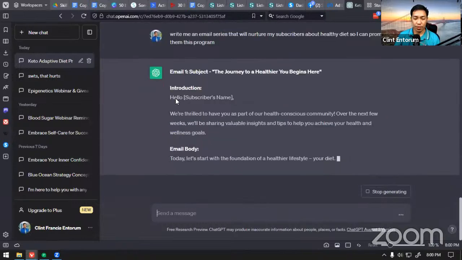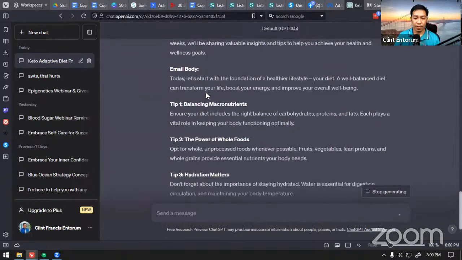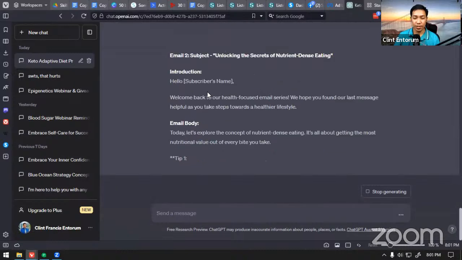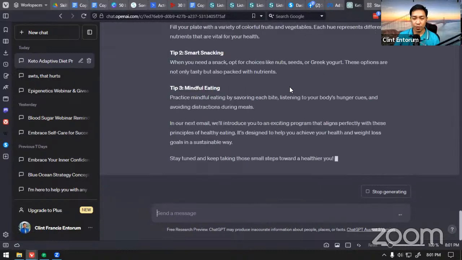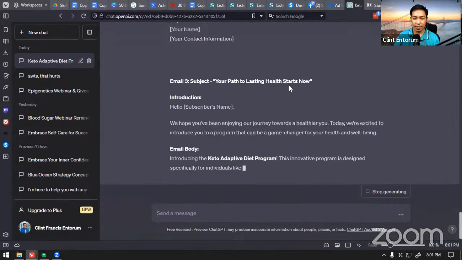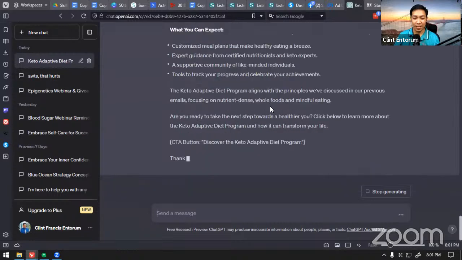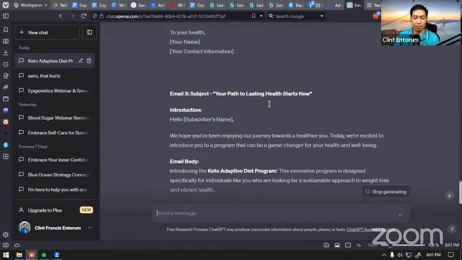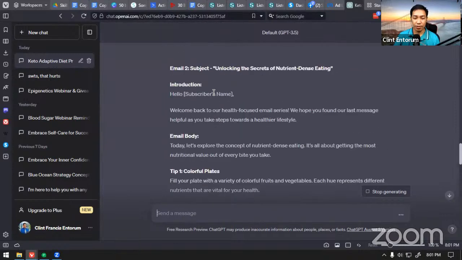So email subject one. It writes me an email. Email body: So today, blah blah blah. Tip number one. So it actually provides some tips. That's a good thing, right? Again, one of the things is because this is just an AI. No, though I should not say that. It's a powerful tool. But you could see there's always a pattern about this. There are patterns that you could obviously see that it's written by AI.